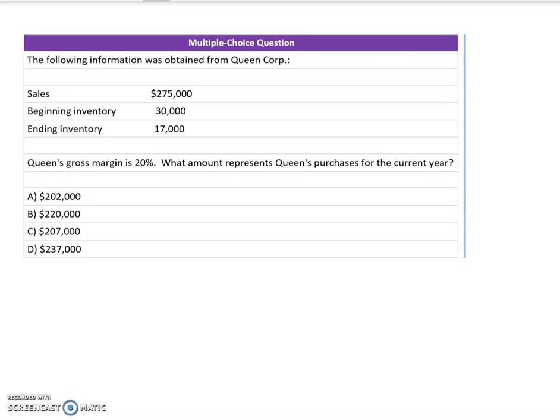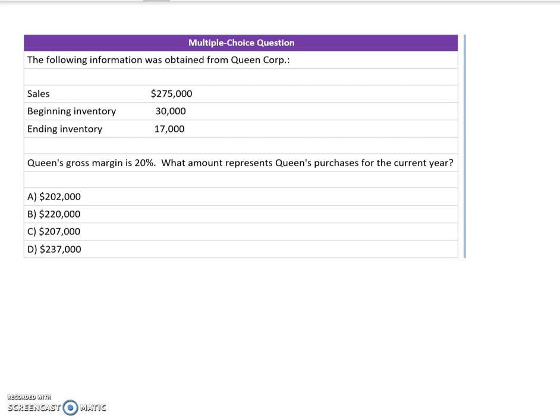All right, so the following information was obtained from Queen Corp. It looks like they had sales of $275,000. They had beginning and ending inventory information, so we know that our beginning inventory is $30,000 and our ending inventory is $17,000. Queen's gross margin is 20%, and they are asking for what amount represents Queen's purchases for the current